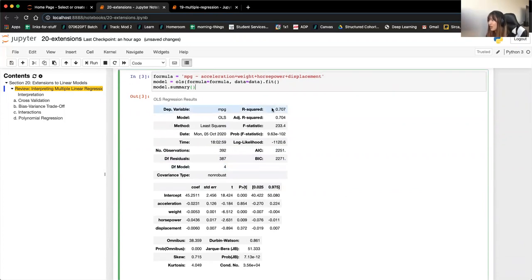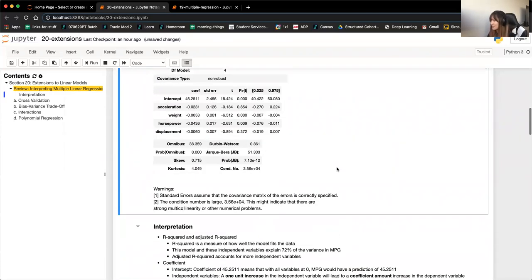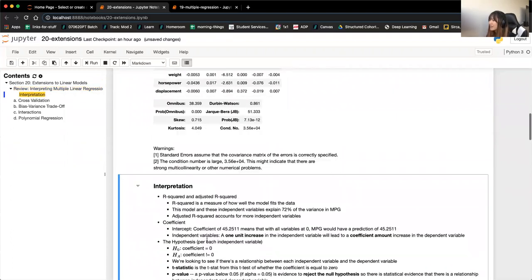So first of all, R squared and adjusted R squared are goodness of fit metrics. How well does your model fit the data? And the official definition is that an R squared of 0.707 is saying that our model explains 70.7% of the variance in miles per gallon. So here, I know I ran this with a different random seed, so slightly different. But this model and these independent variables explain 72, or in this case, 70% of the variance in miles per